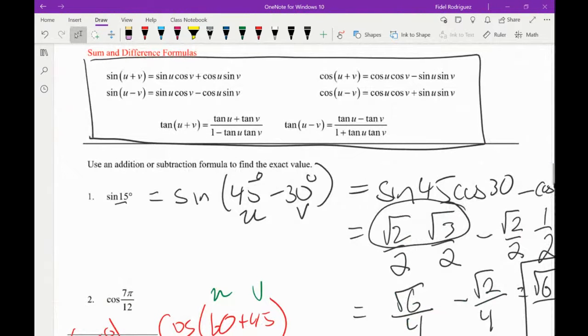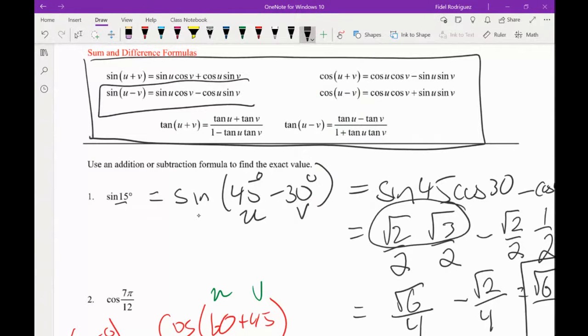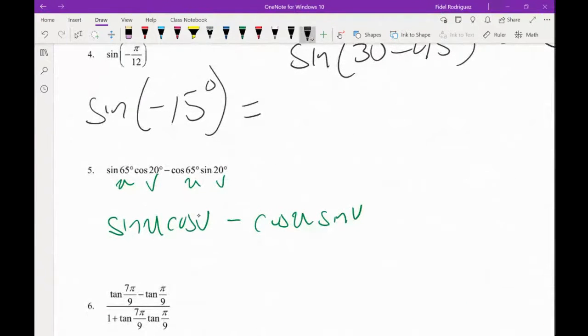Does it look more like the sine of u plus v or the sine of u minus v? U minus v, right? It looks a lot more like this one right here, sine of u minus v. So since this is the same thing as the sine of u minus v, and our u is 65 and our v is 20, this should be the same thing as the